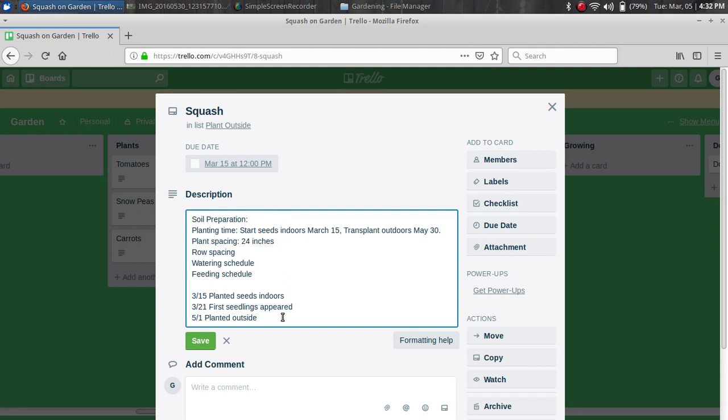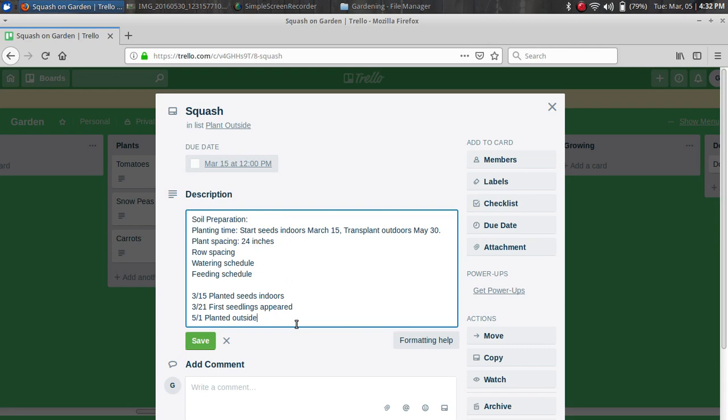You can make notes of any pests that you had to deal with, anything. You can just keep a diary here of everything you did during the season to this plant up until you finally